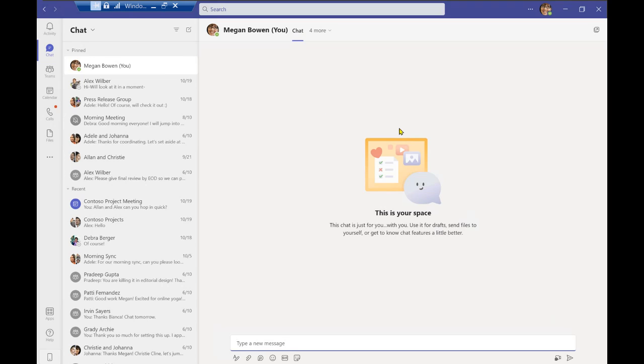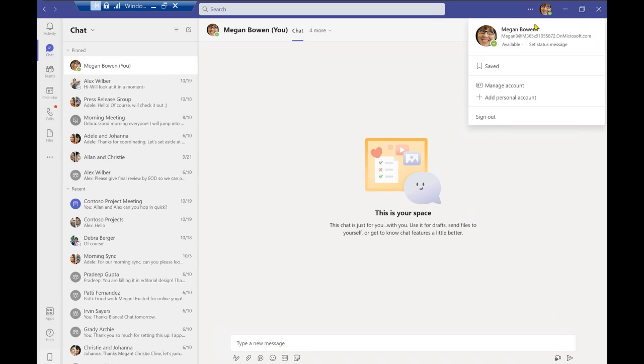All right, so here we have our Teams interface, and I am using the Teams desktop application. Now, before we get started and review our teams and channels, I do want to briefly go over some navigation functions. We have our profile tab right over here where you can select the account that you are working with. As I mentioned before, I am using a demonstration account in the name of Megan Bowen.